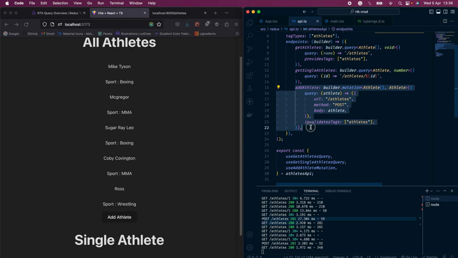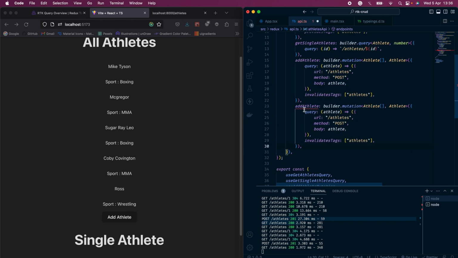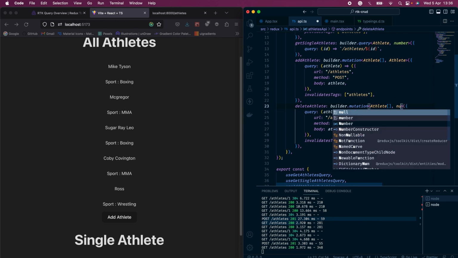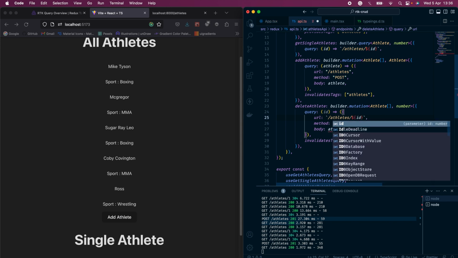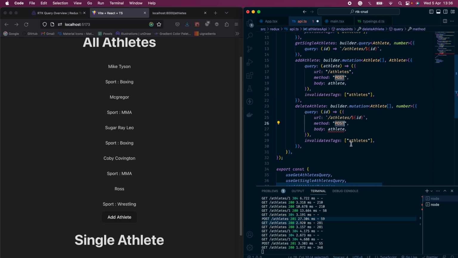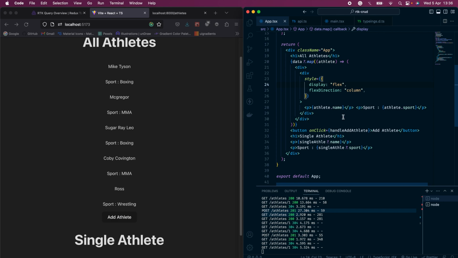Next up is deleting. So if I copy this, paste it here, and say delete athlete. It's a mutation. We'll be getting an array of athletes, and as a payload from the client, we'll be getting a number, which will be an ID, and this will be a template literal, and I could give the ID here. This time it will be a delete request, put comes later. The body will be just the ID, and we'll also invalidate the athletes. If I save that